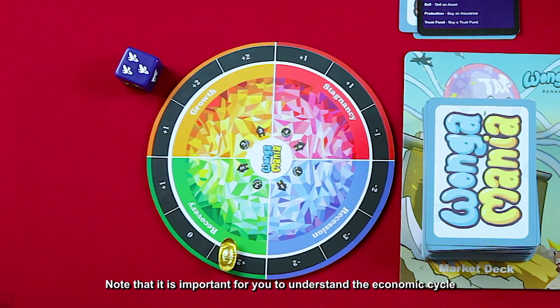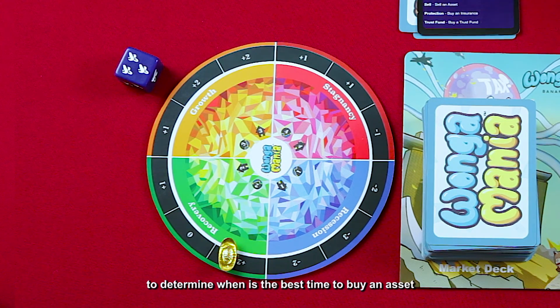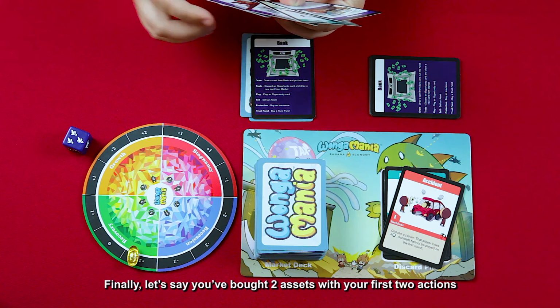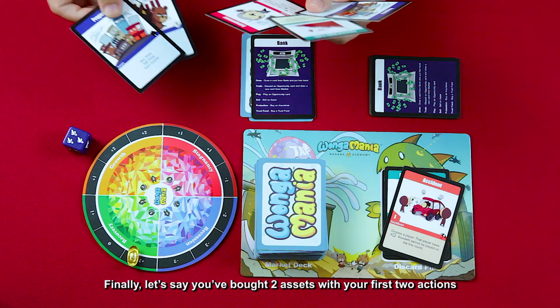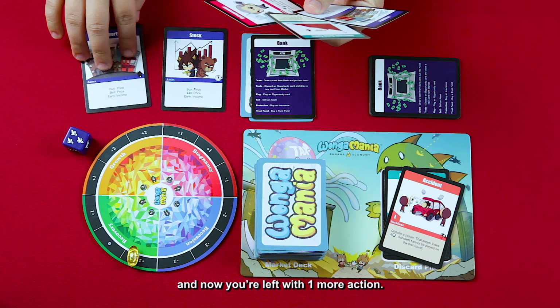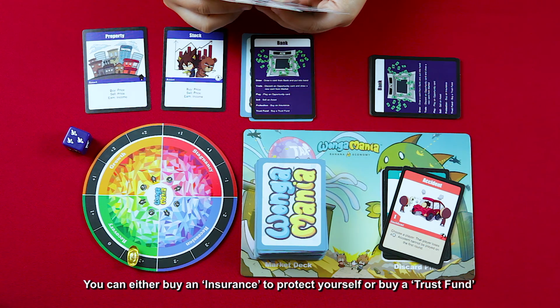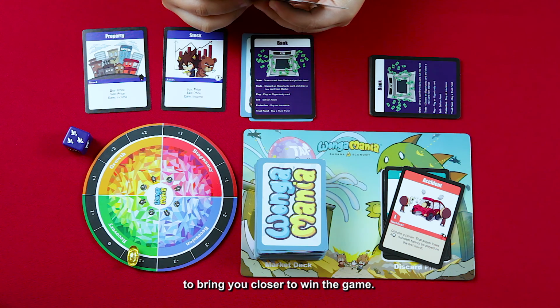Note that it is important for you to understand the economic cycle to determine when is the best time to buy an asset and when is the best time to sell an asset. Finally, let's say you've bought 2 assets with your first 2 actions and now you're left with 1 more action. You can either buy an insurance to protect yourself or buy a trust fund to bring you closer to win